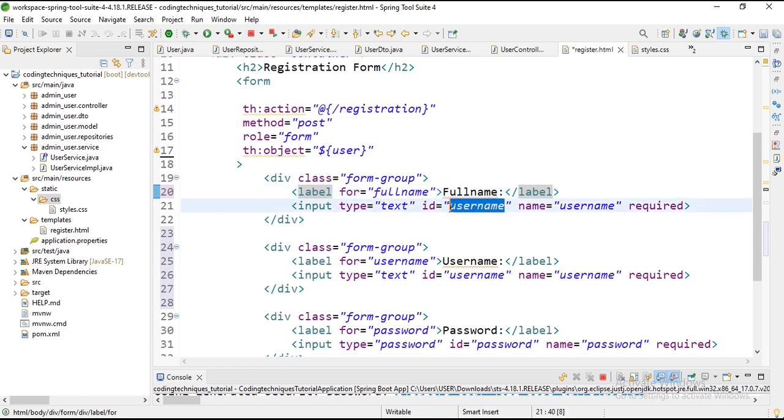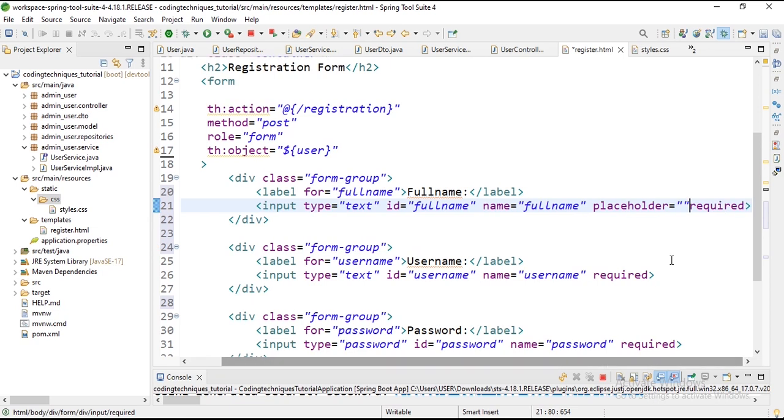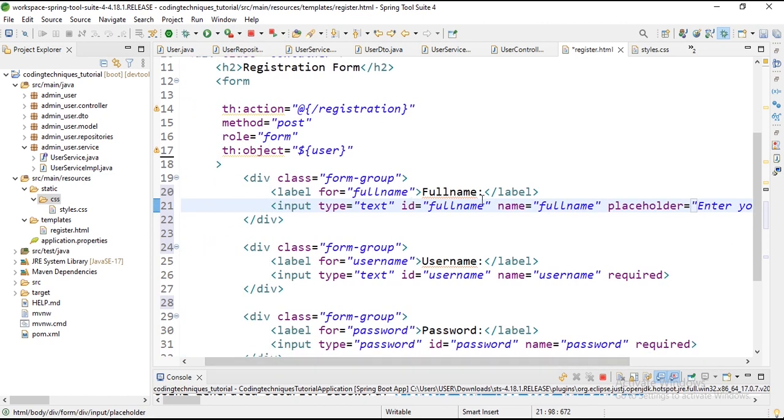We need full name, and then we need a placeholder, which is enter your full name. So we have enter your full name, and this is what we have here,